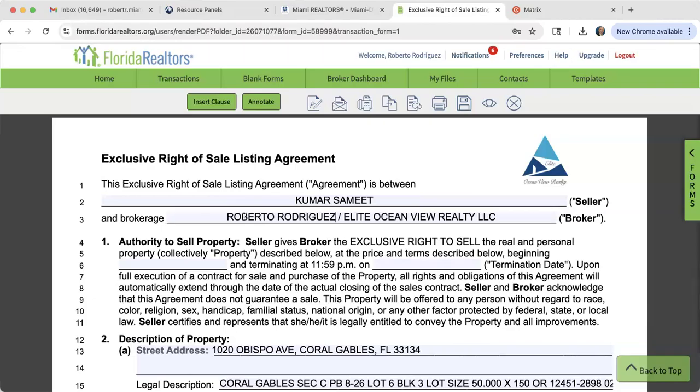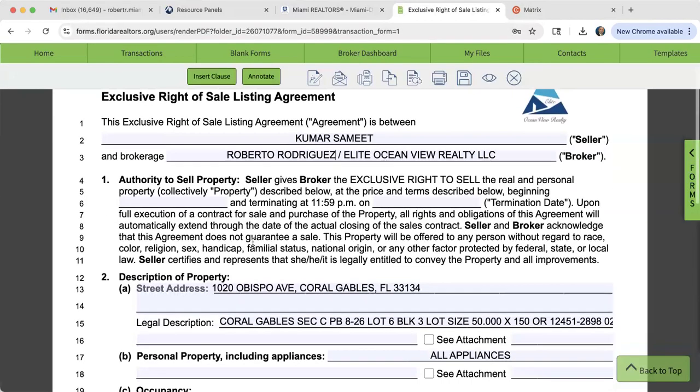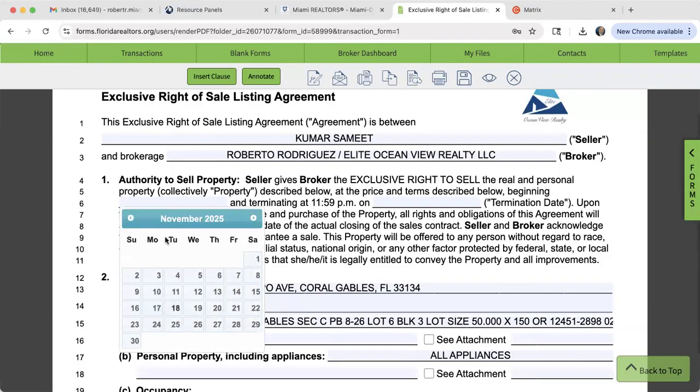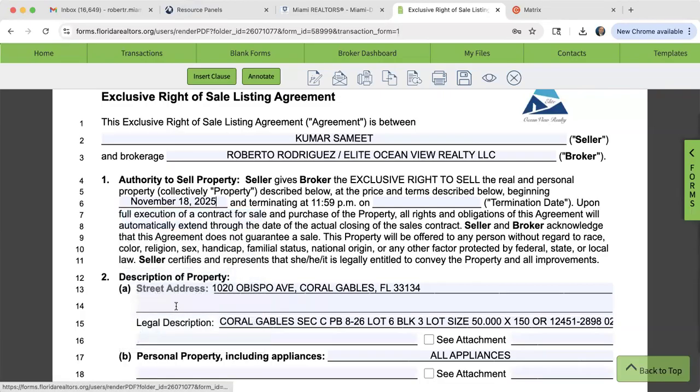And I've plugged in my name, Roberto Rodriguez, Elite Ocean View Realty. All right. And then this paragraph number one talks about the length of your listing. How long are you taking the listing for? So let's say that my seller is going to sign the listing agreement today. Then I'm going to plug in today's date right here as the day that we are going to make this